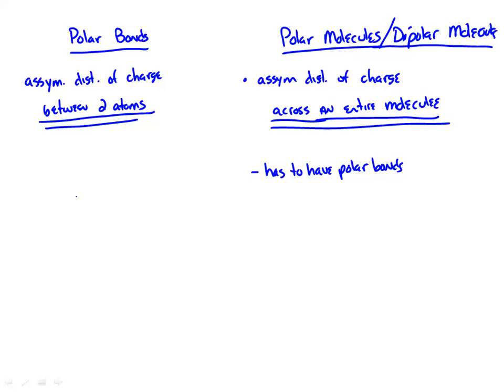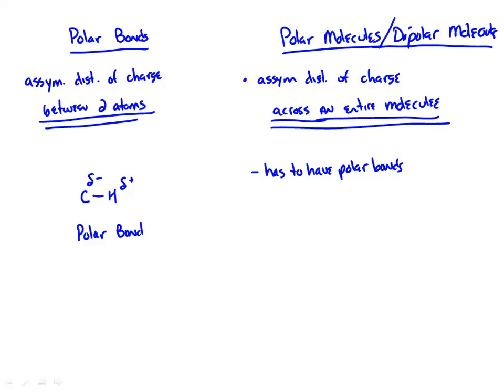An example would be, for instance, if I just take a look at a carbon-hydrogen bond, this has a slight positive charge. Well, actually, let's pick something better. How about, yeah, we'll go like this. So this has a slight negative charge. Wait, no, carbon has a higher electronegativity than hydrogen, doesn't it? So this is a polar bond,